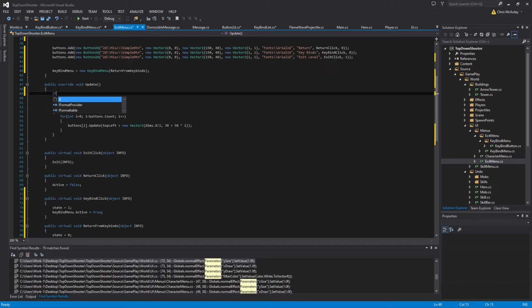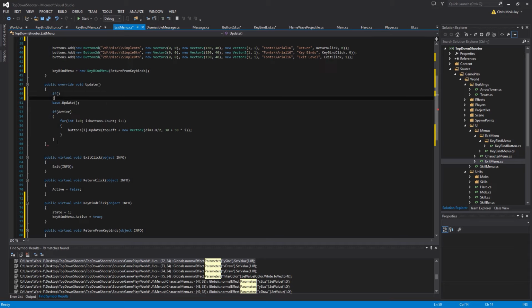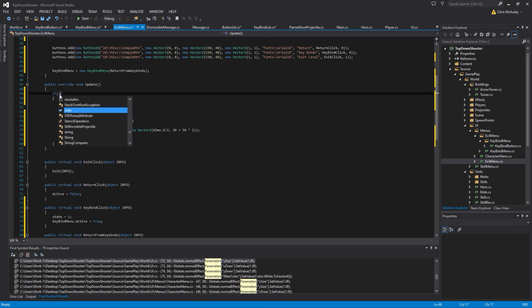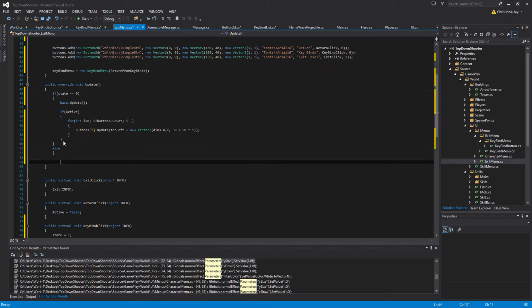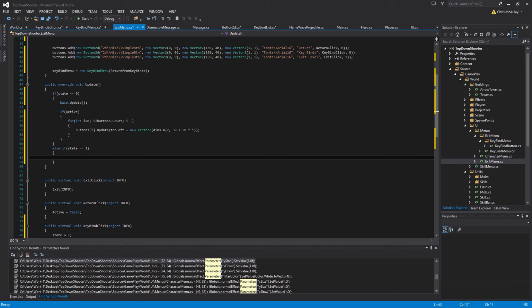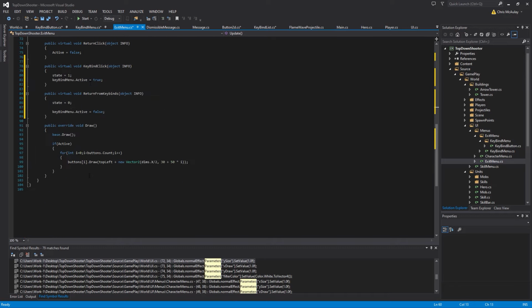So we say if, wrap it because I don't want to forget braces, state equals 0, else if state equal 1, we do keybind menu dot update,